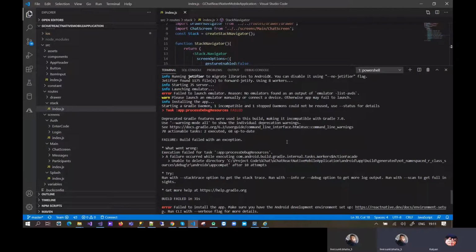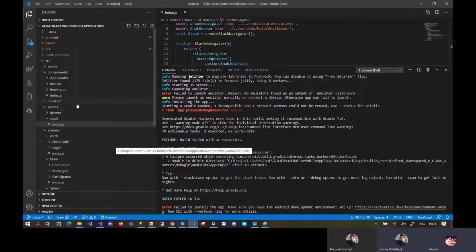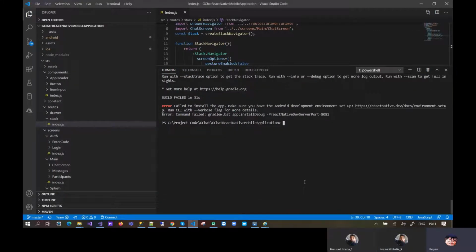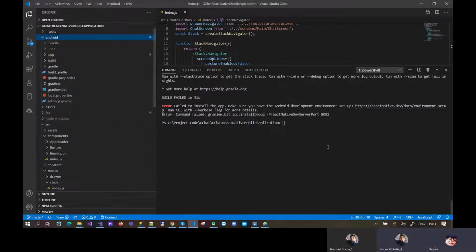Okay, Kalyan, do one thing. Please open this in Folder Explorer and delete the build folder. Which one? Delete the build folder under Android, after the app, this one build folder.